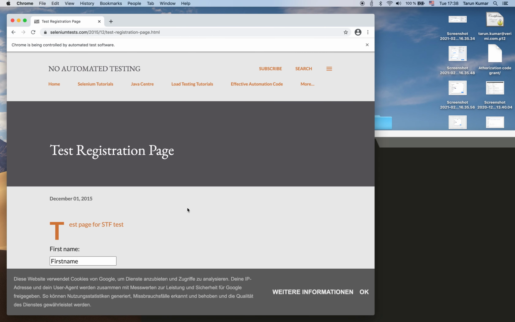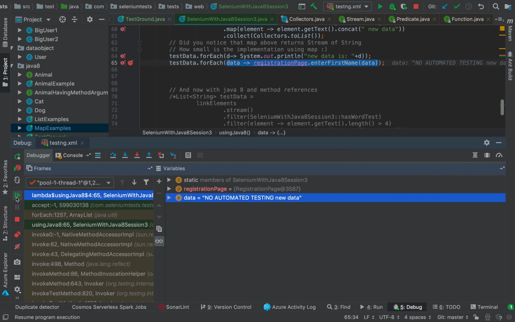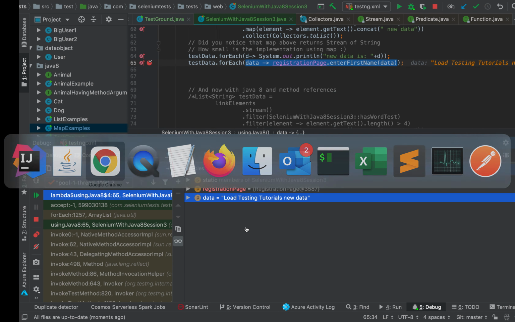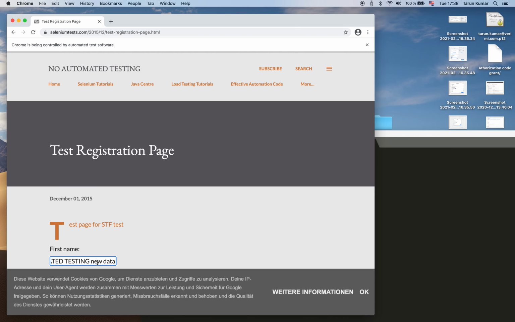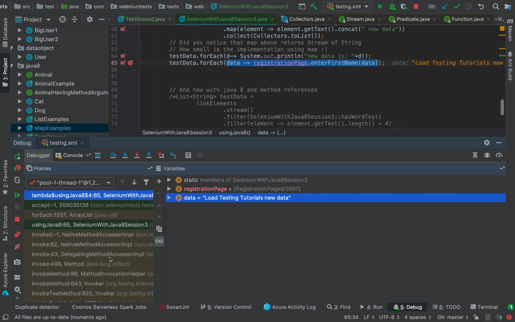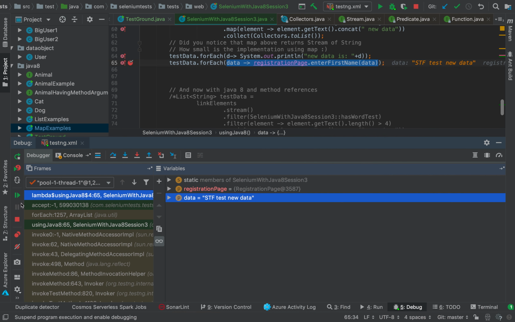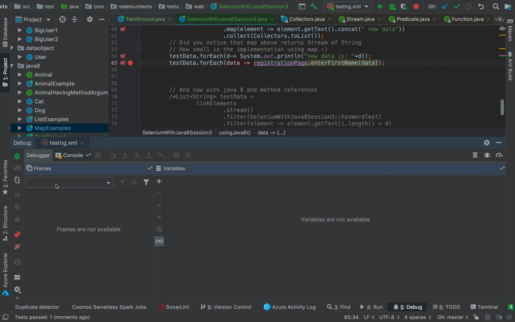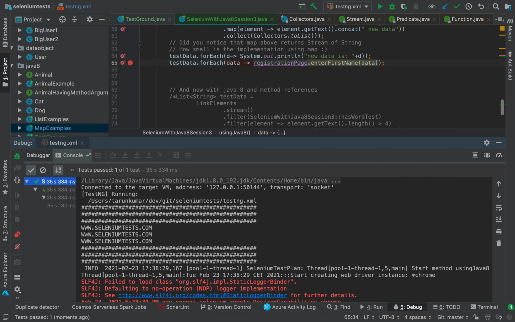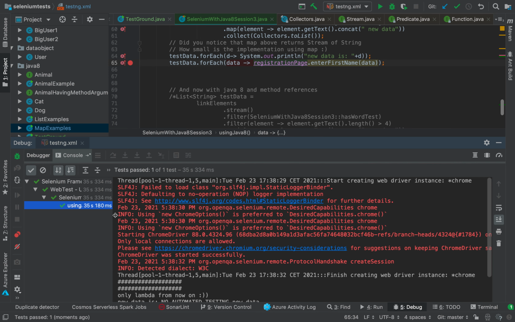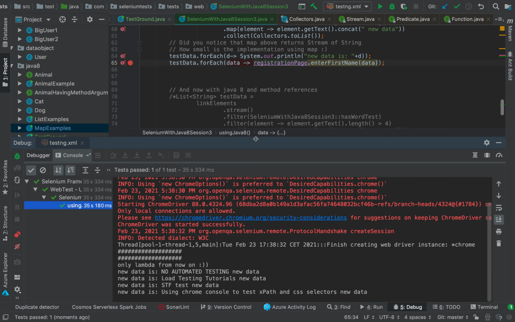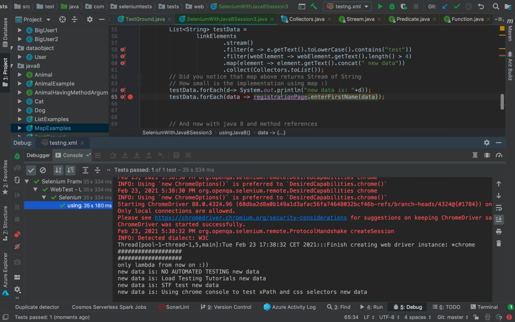So this should be keyed in here as soon as I continue. So first continue, you see the first data set is keyed in. And then if I continue again, we have the next data set, which is load testing tutorial new data. So this is keyed in, and then the other data sets are also keyed in. If we have a look at the output of this statement run, we have 4 data sets being printed here,